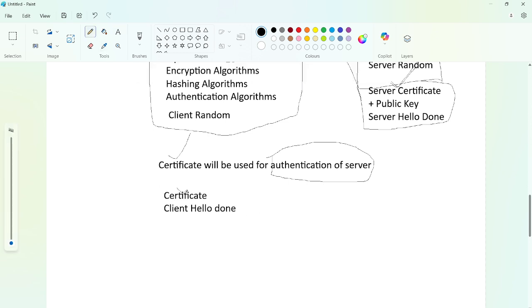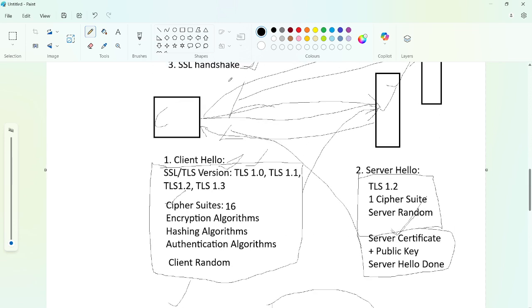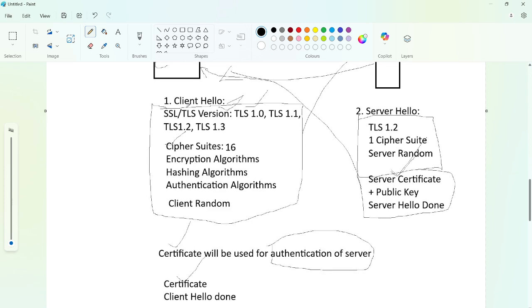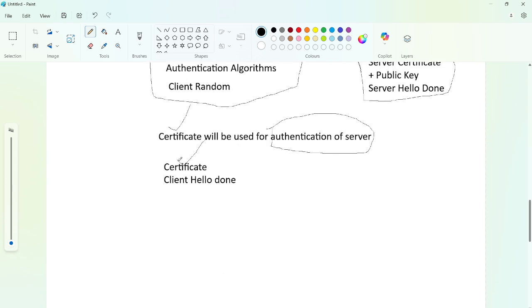This client certificate is not mandatory because the server doesn't want to trust the client. Okay, we have to, because the client will be in the internal network, right? Whatever clients are available in the internal network are legitimate only. But if there is a requirement for client authentication, the client will send a certificate to